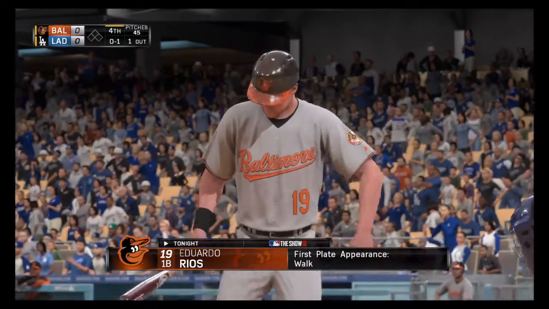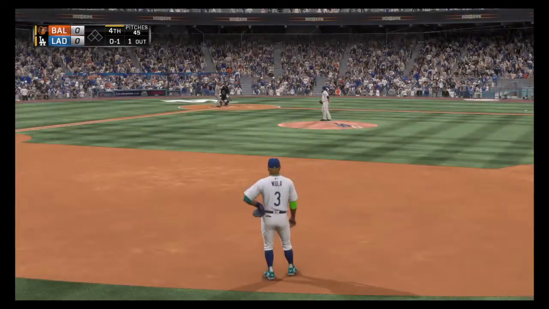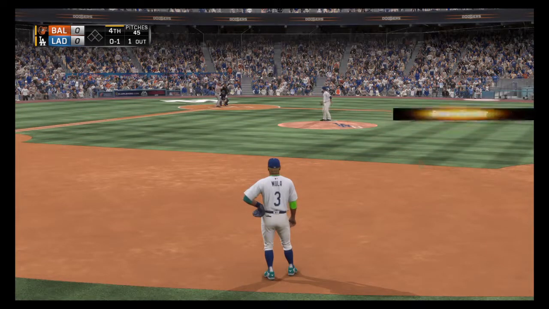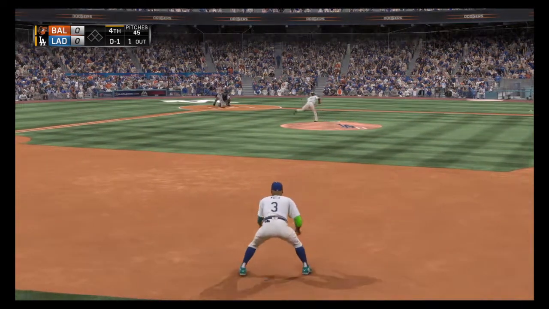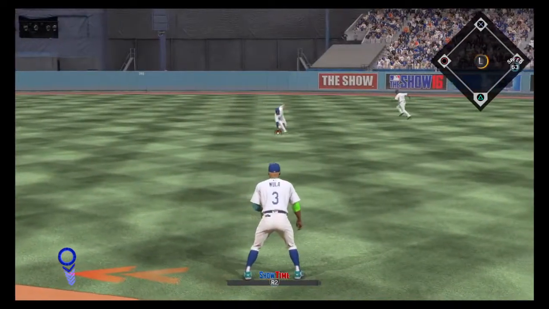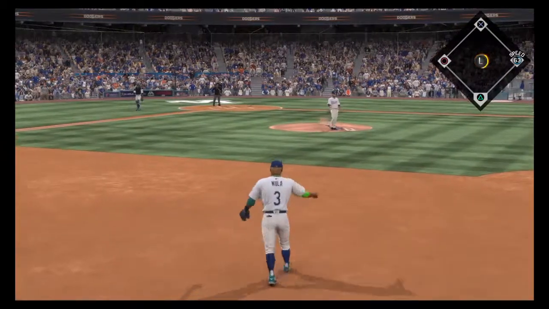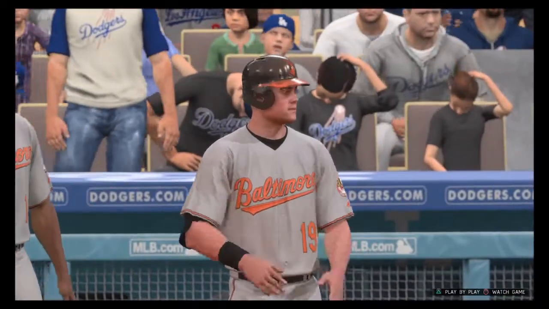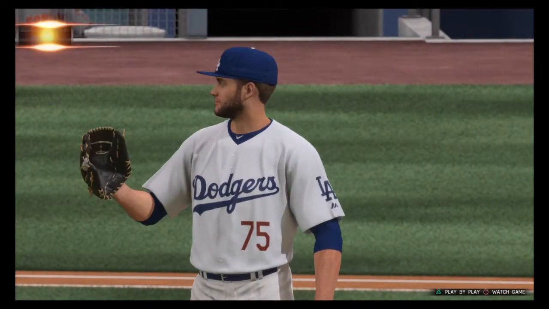We got one down, Rios here. He drew a base on balls his first time. On its way, the 0-1 pitch. Hit out towards second. And that's through for a hit. And as the season's gone on, this is a guy whose numbers have just not been...